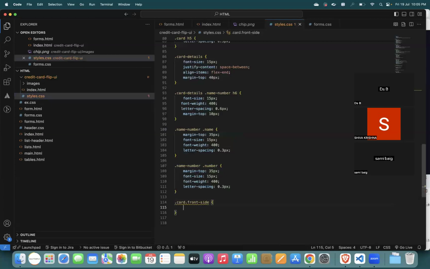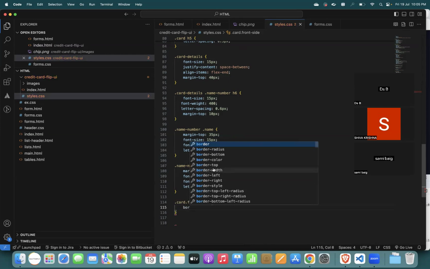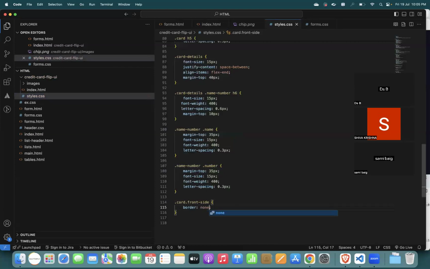I'm adding this CSS, border none. We are making so many borders, so we will make the backside too. I am making this the card with backside, and I will add border none for that. Why? Because I will show you the backside,